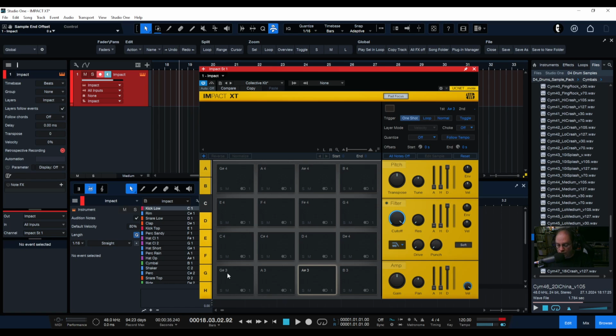So C5 is way up the keyboard. It's right there on my keyboard. So all I have to do is go back to the A pad. Okay, hold on. I got to see which is C5. Okay, it's that one. It's the middle C. So I'm going to go to A, and I'm going to click here to where it turns blue and hit C5. There. So now I have a snare here